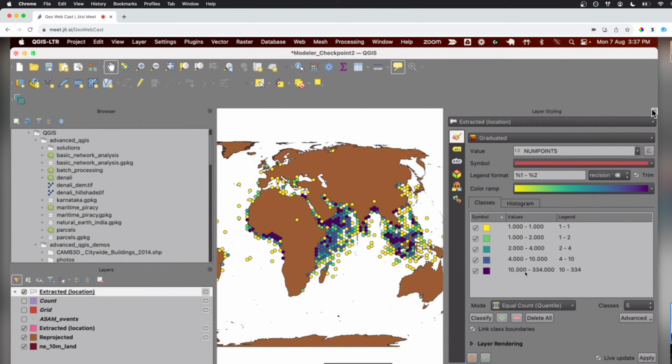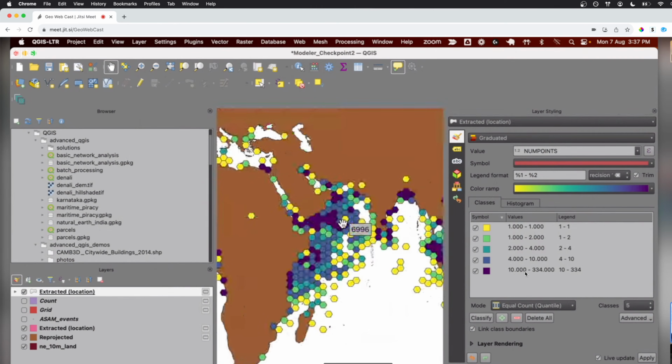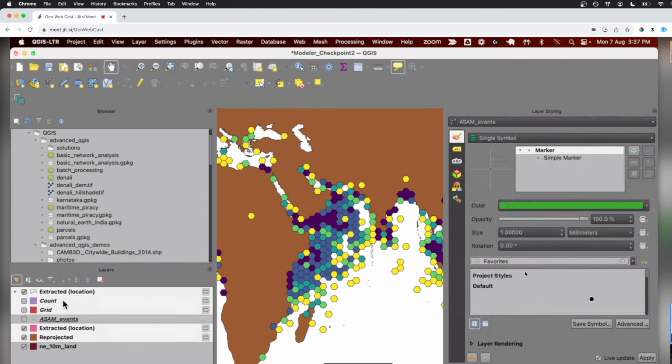Also, you might take it to the people and they say, oh, use the 250 kilometer grid. I want to use a 100 kilometer grid. Can you redo the analysis? Now that means I need to change my whole analysis. So instead of doing all this manually, we can just do it all automatically.